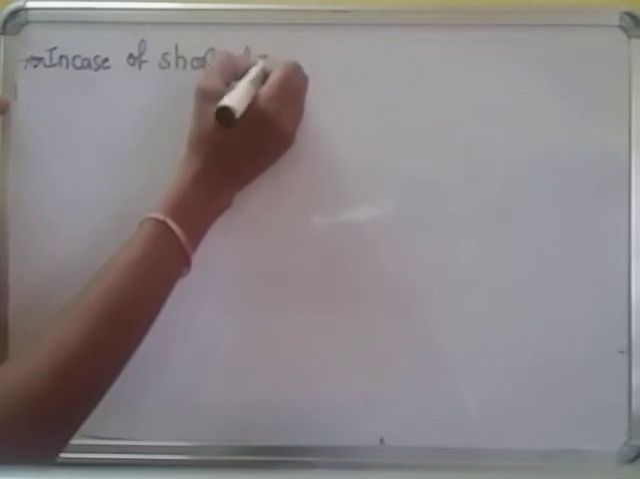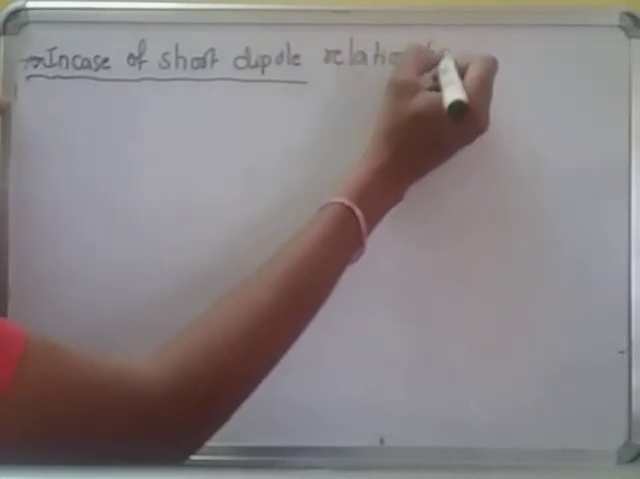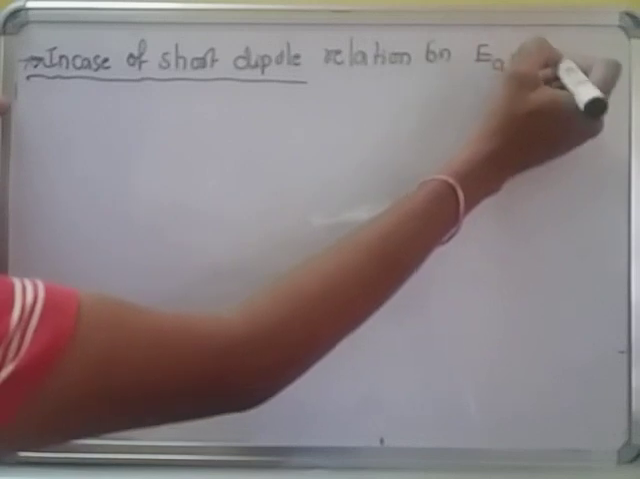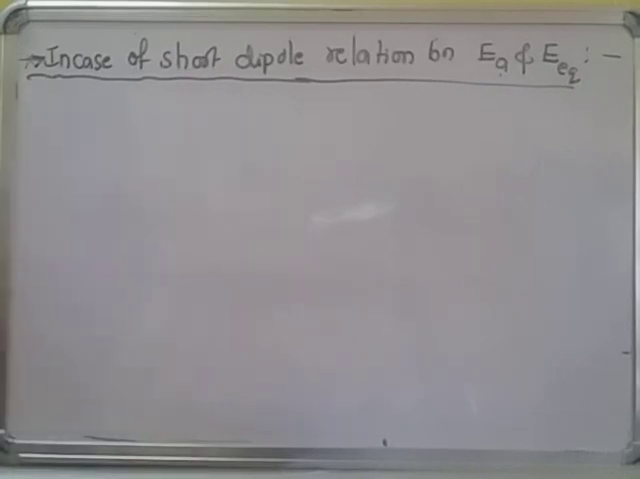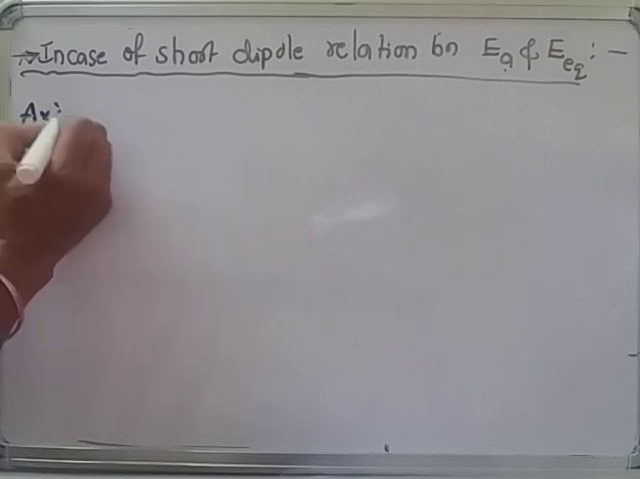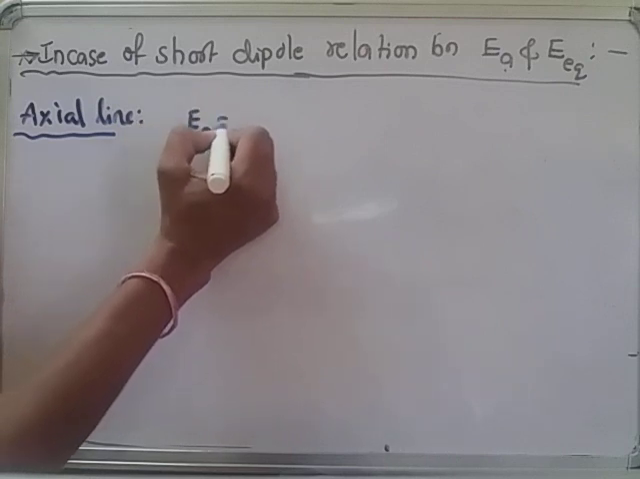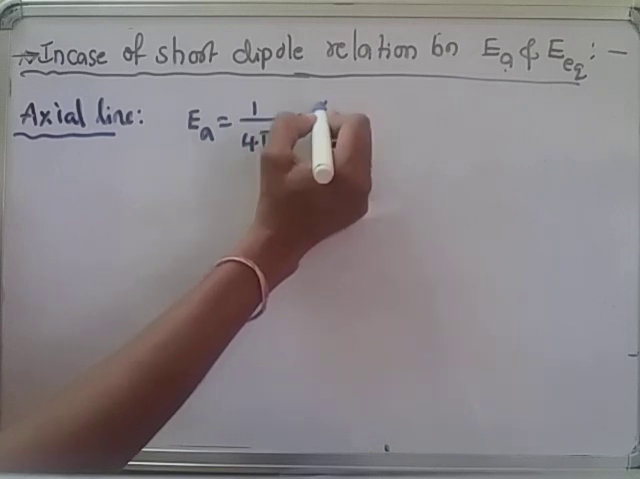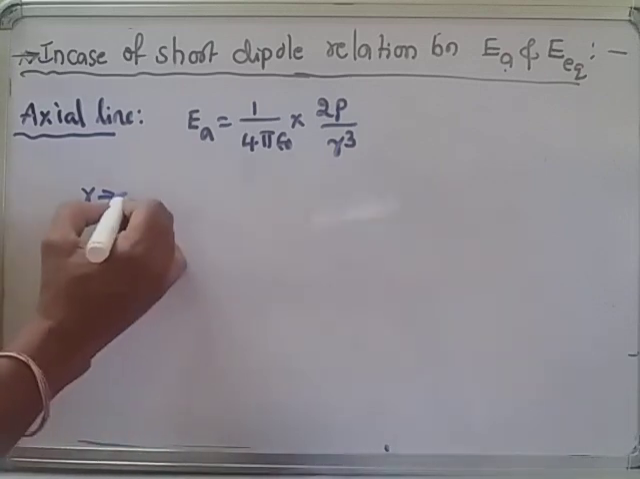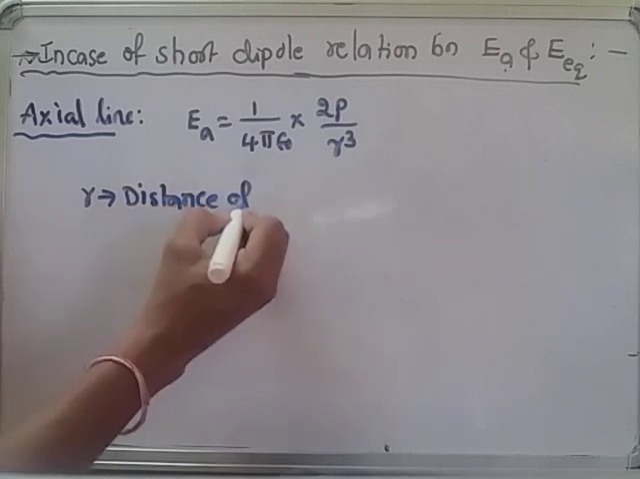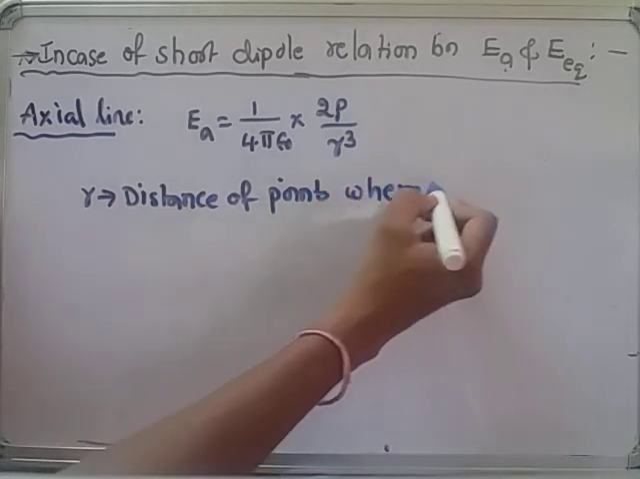In case of a short dipole, I want the relation between EA, the electric field intensity on the axial line, and E on the equatorial line. On the axial line, we know the formula. What is the formula to find the electric field intensity on the axial line for a short dipole? 1 by 4 pi epsilon naught into 2p by r cubed. P means dipole moment. R is the distance of the point where we are finding the electric field,